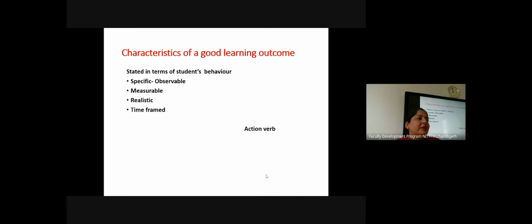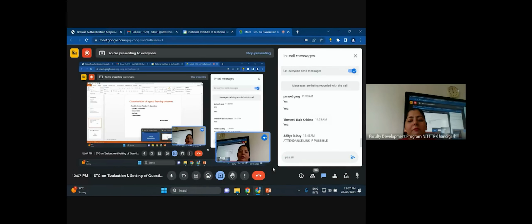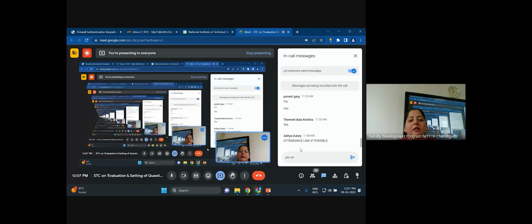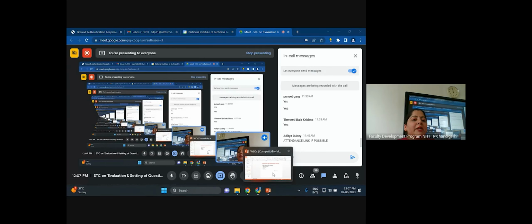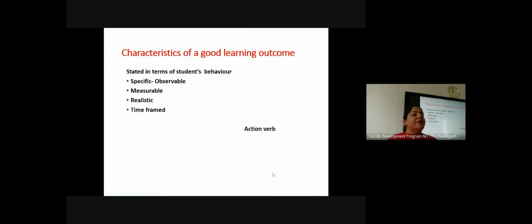90 days approximately. In a semester, approximately there are 90 days available with us. So when we say student is able to achieve that learning outcome, the academic calendar is available with us. So as per the academic calendar, we need to analyze curriculum, interpret curriculum, define different lessons, and define different learning